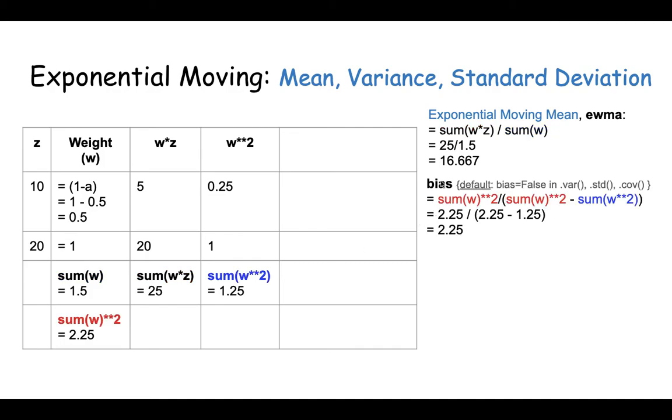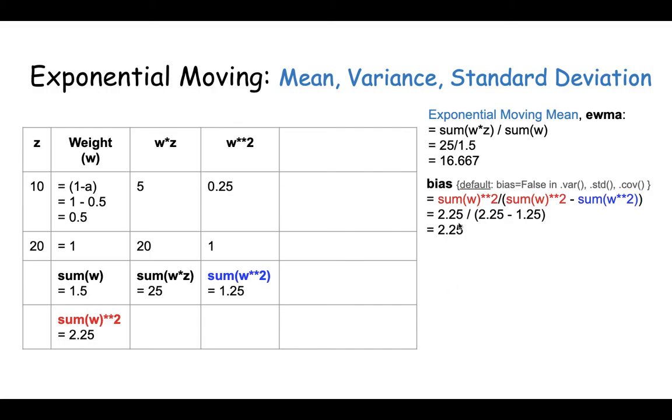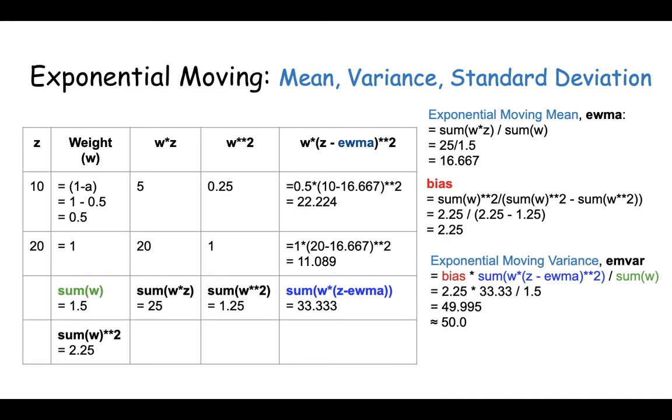Now we can also go ahead and calculate the bias. If you remember from the descriptive statistics video, bias is what we use for deciding if it's sample or population data that we are using, and if you need unbiased data, then the Pandas function default is unbiased, and because it's set to false, to calculate the values for bias that is false, we need to use this formula where we use sum W square, which is in red, divided by a difference between this sum and the sum here, which is sum of squares of W, which is in blue, and thus we get this value of 2.25, and we are going to use this value next to calculate the exponential weighted variance